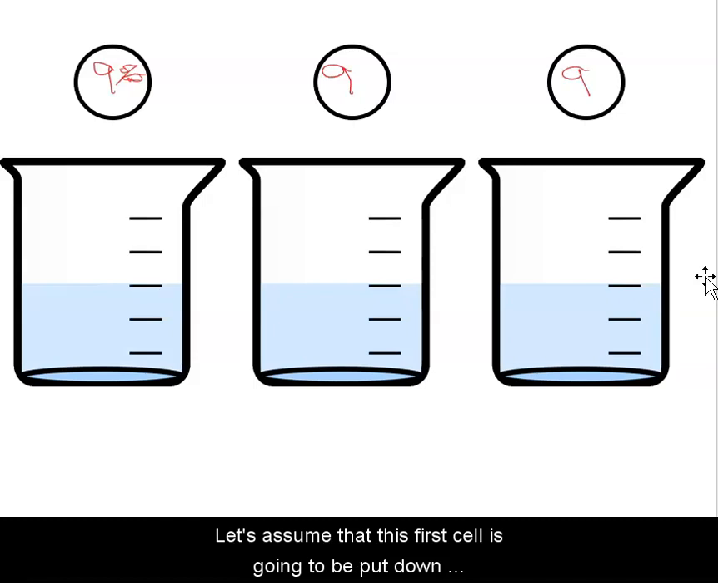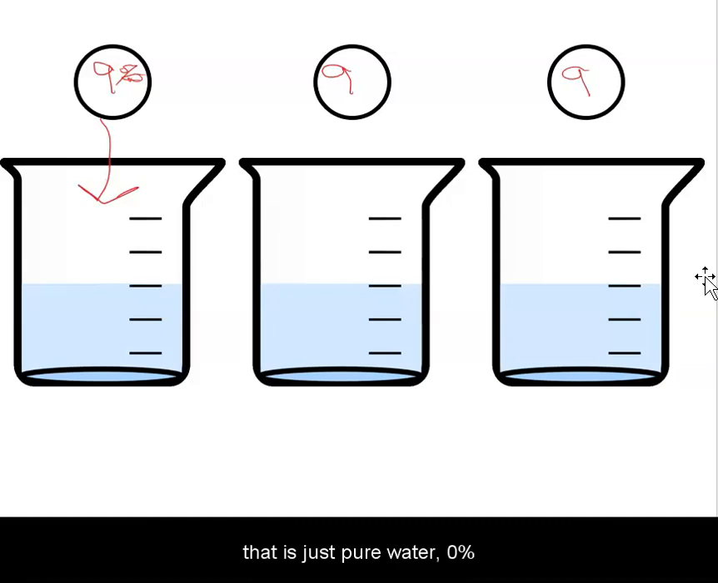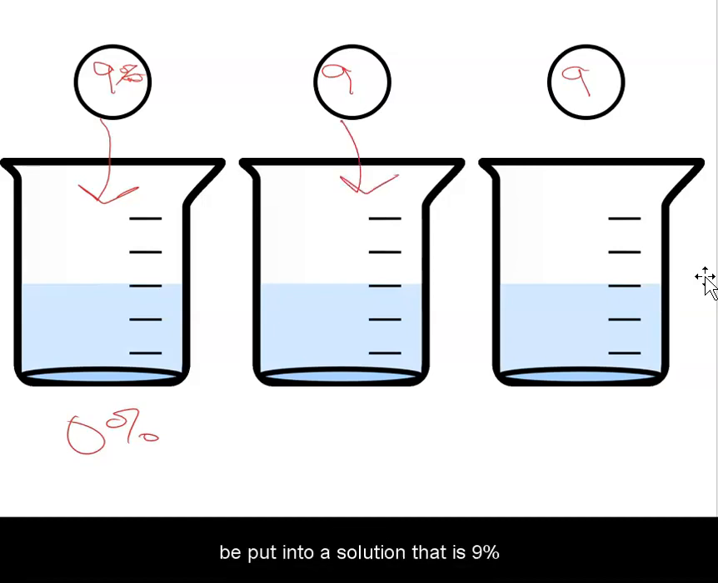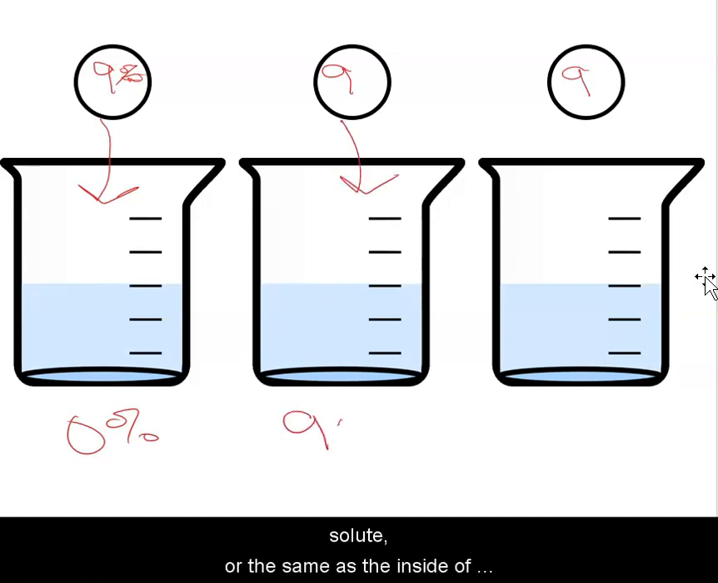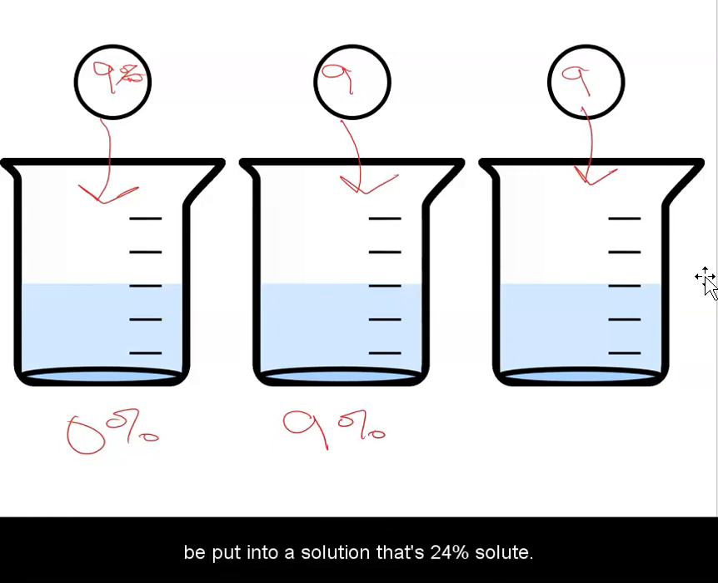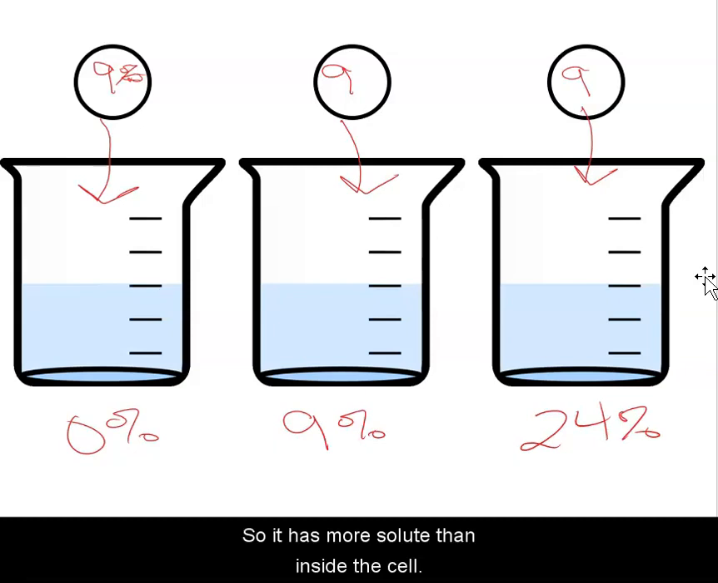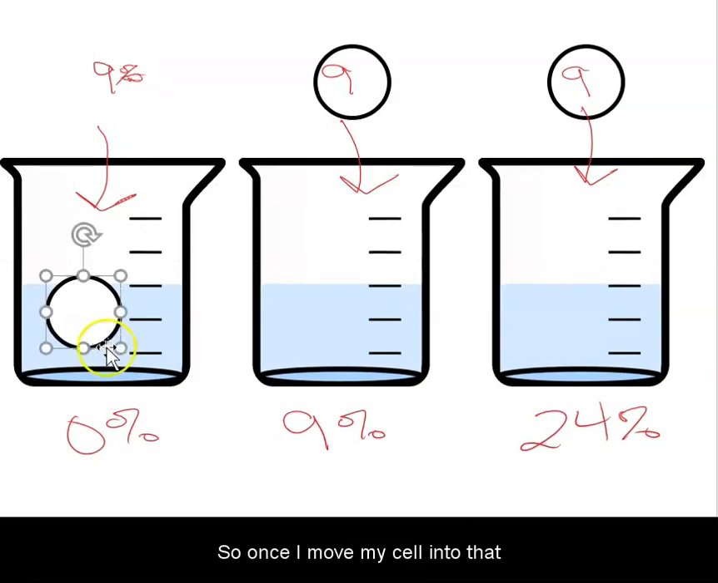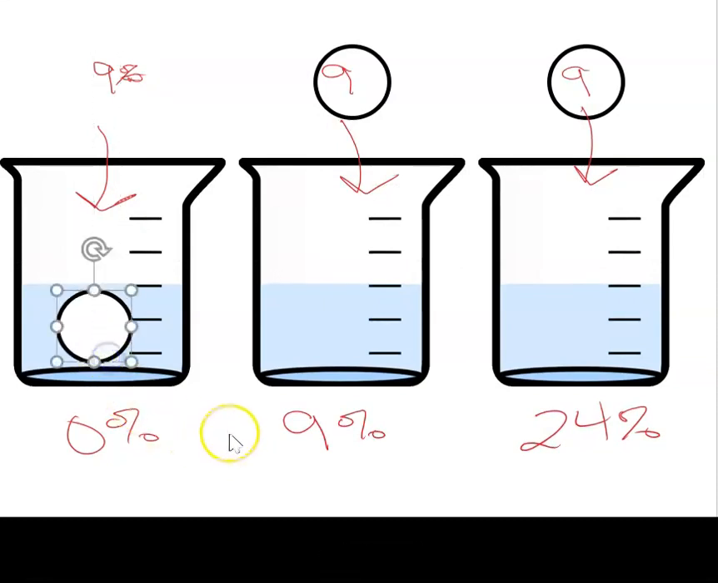Let's assume that this first cell is going to be put down into a solution that is just pure water, 0% solute. The second cell is going to be put into a solution that is 9% solute, or the same as the inside of the cell. And my third cell is going to be put into a solution that's 24% solute. So it has more solute than inside the cell. So once I move my cell into that solution,